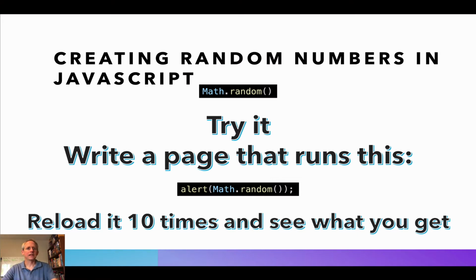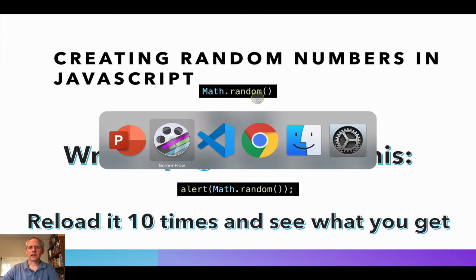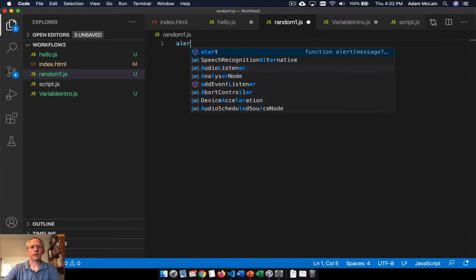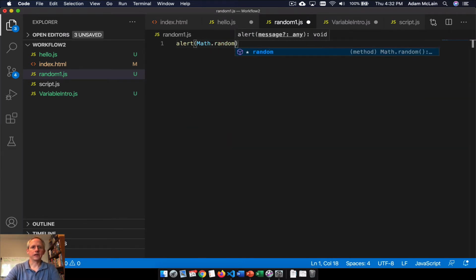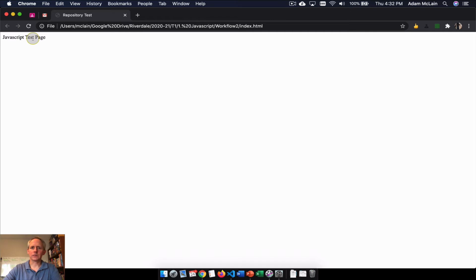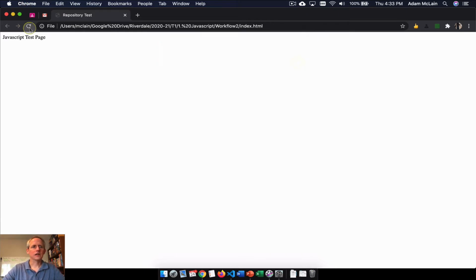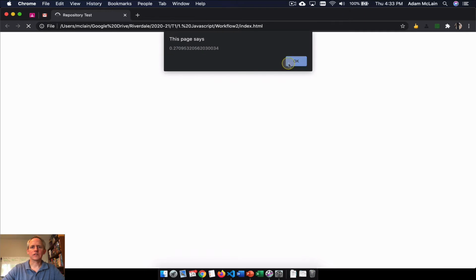Okay, now that you're back, I will hop on over to Visual Studio Code and try it out myself. Okay, here I am. I want to alert Math.random. I'm going to save that. And over in Chrome, I've got my JavaScript test page. I'm going to reload it, and I get 0.65403. Okay, I'm going to reload it again, 0.270,